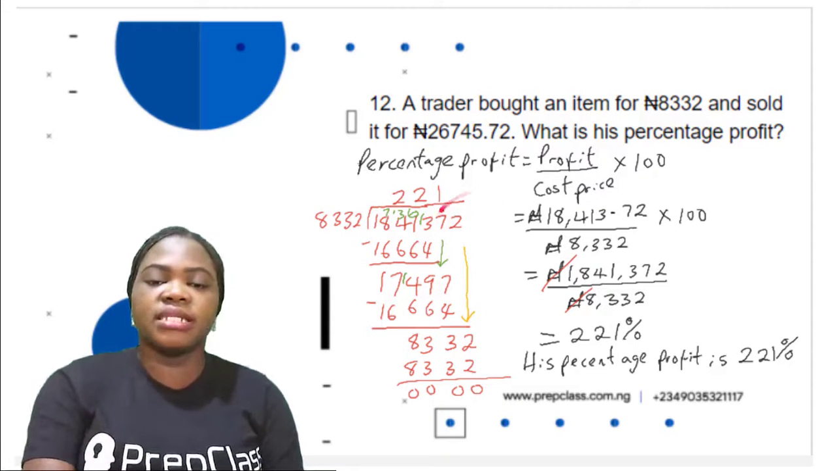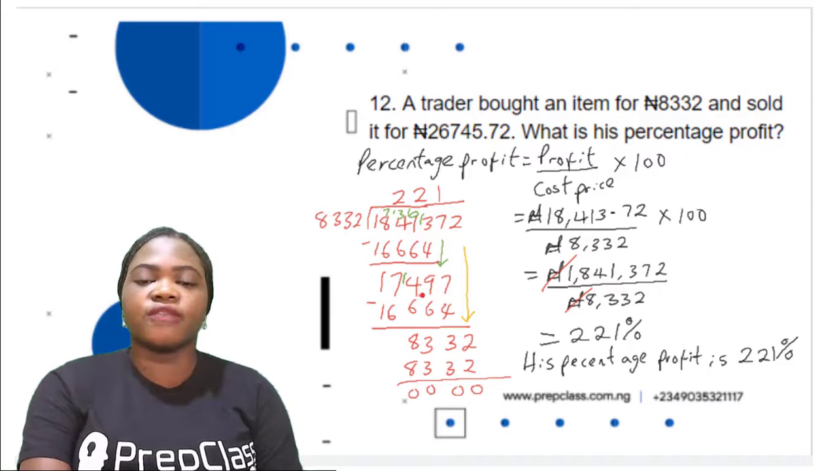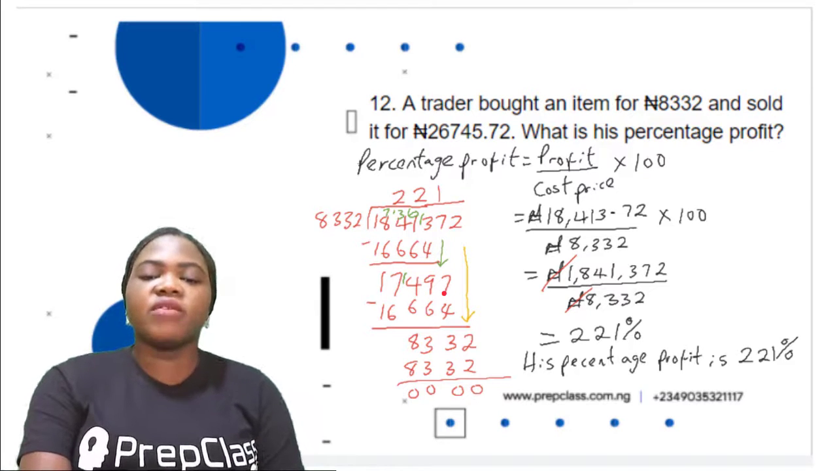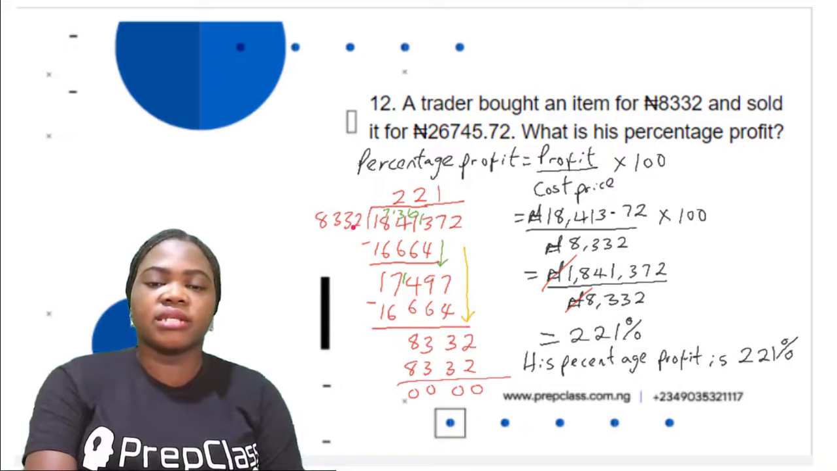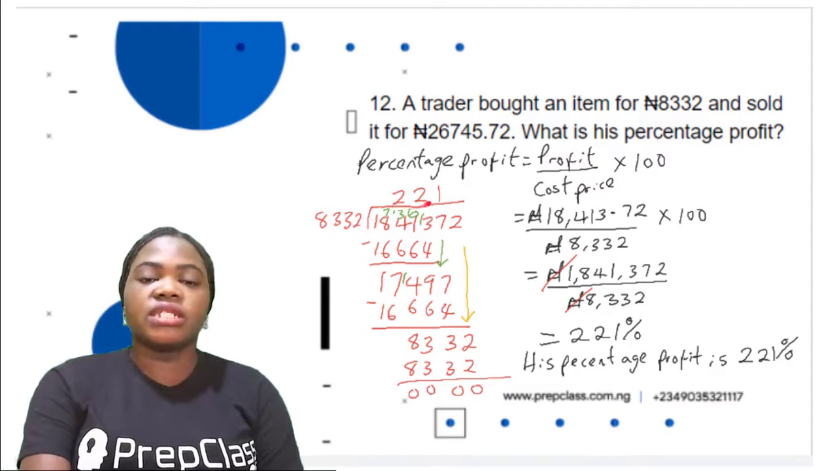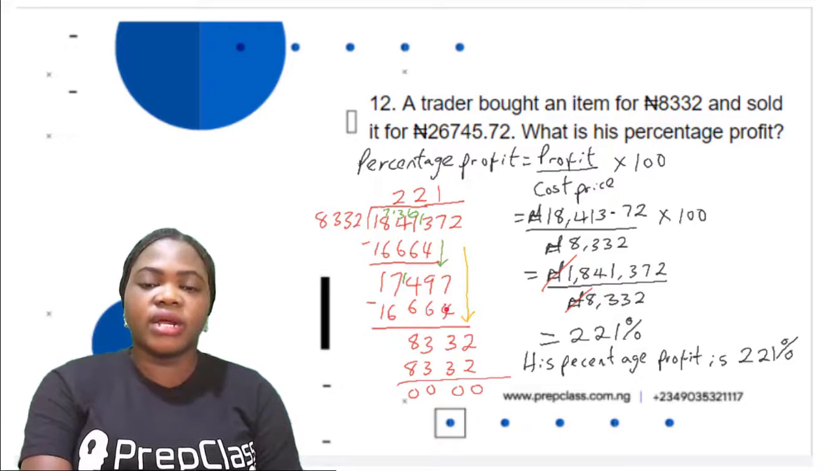So we have to bring down the next digit here, which is 7. And then this number becomes 17,497. 17,497 divided by 8,332 is 2. 2 times 8,332 is 16,664. So let's subtract 16,664 from